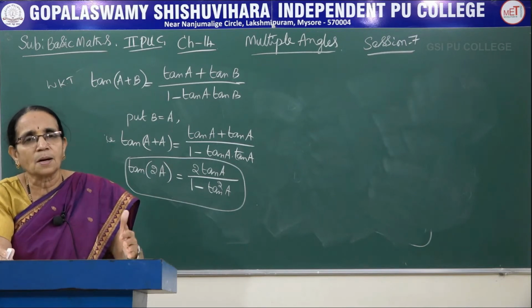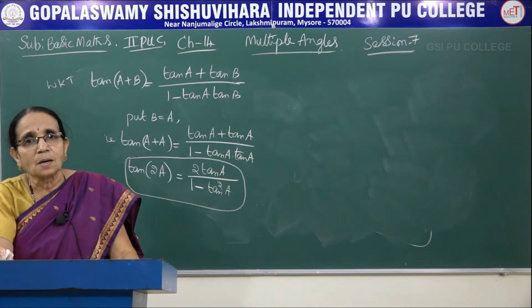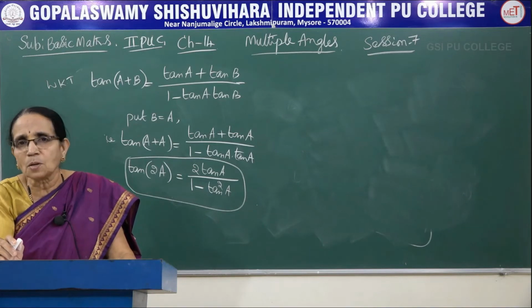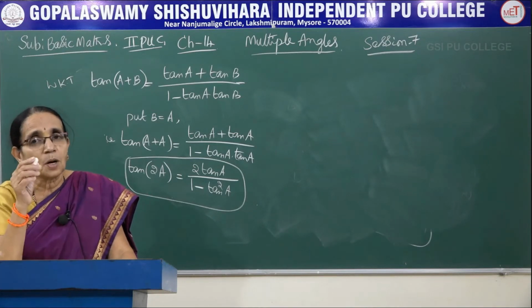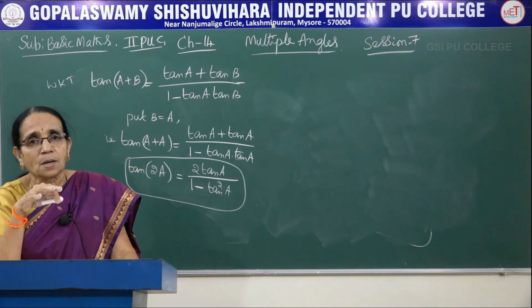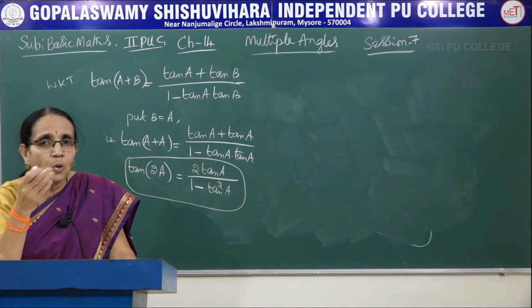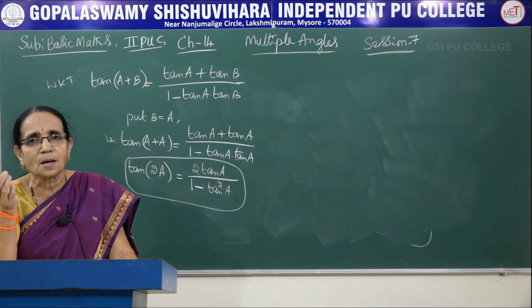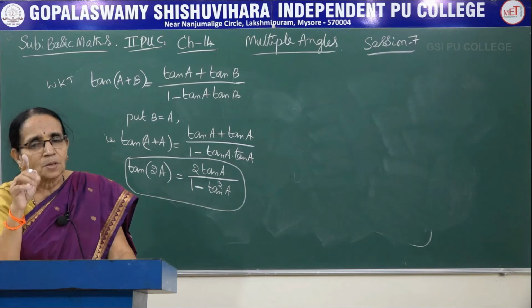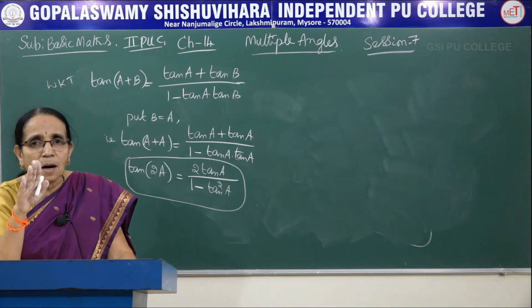Suppose you want the result purely in terms of sine, then you can replace cos of 2a by 1 minus 2 sin square a. Suppose you want only the cosine term, you can write it as 2 cos square a minus 1. Suppose you want both cos and sine, use the first formula, cos square a minus sin square a. So that's an advantage in the case of cos of 2a.